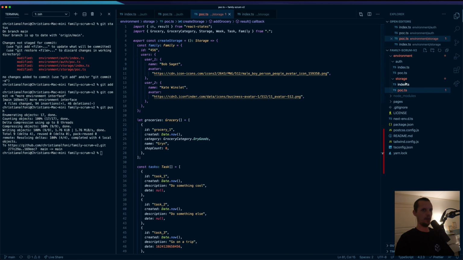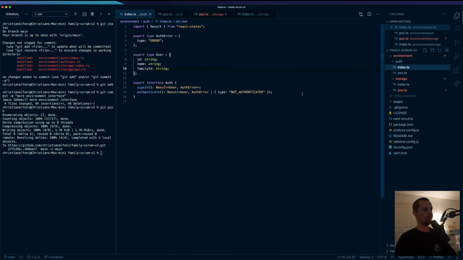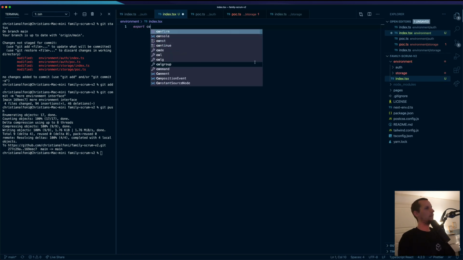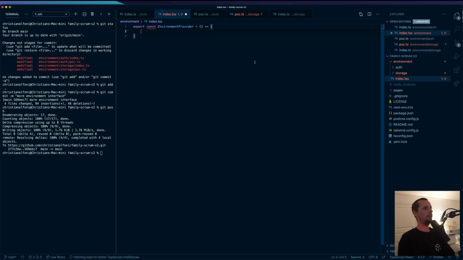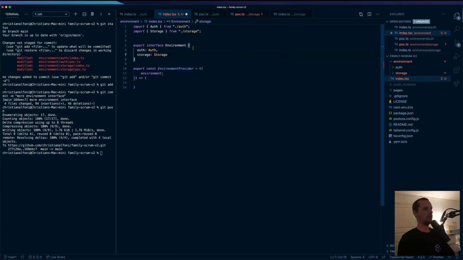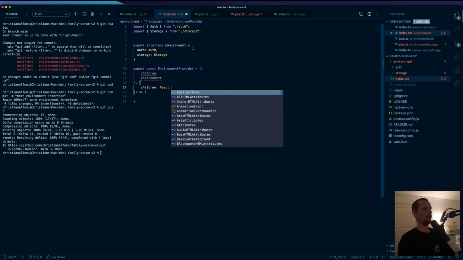And yes, so where are we? Okay, so we have a couple of environment effects here. Maybe we should create the environment provider. So this environment provider takes an environment, and that environment needs to be of this interface where we say auth will be the auth, and we have storage which will be the storage coming from storage. And we're going to say that yes, this is the environment, and then we also have children, and we're going to type that as children is of course React node, and then